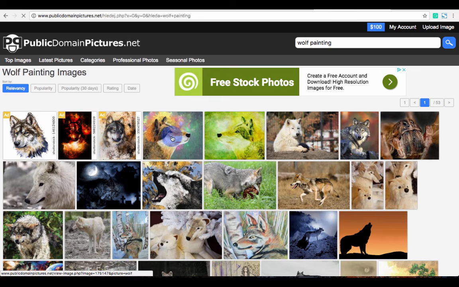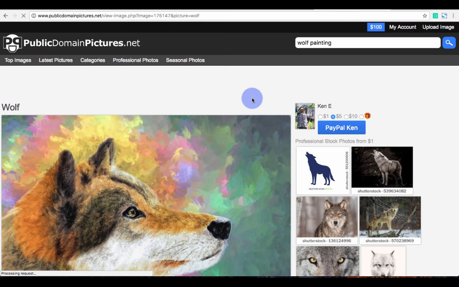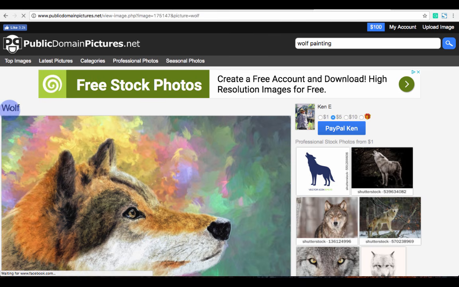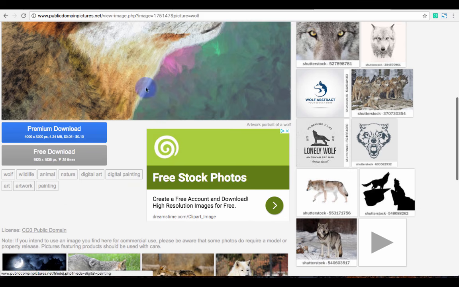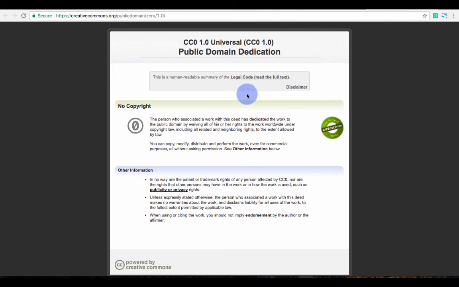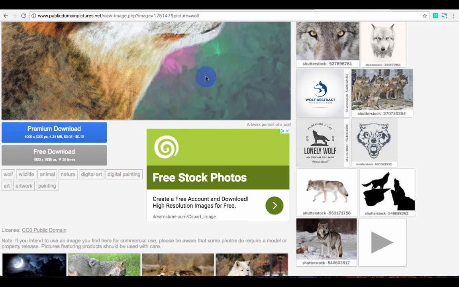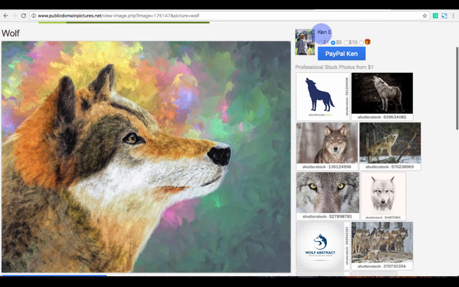Awesome. So I'm going to go ahead and choose this picture. We can see that the name of the author is right here, the name of the work is right here, and if we actually scroll down, we can see the copyright license that applies to this painting. So if we click here, we see that, okay, this is in the public domain. The person who made this work has dedicated the work to the public domain and waived all of his or her rights to the work worldwide under copyright law. So we can copy, modify, distribute, and perform the work, even for commercial purposes, all without asking permission. So we are free to use this, but it's still a good idea to cite your sources anyway, just to be safe, and because we should give credit to the author.